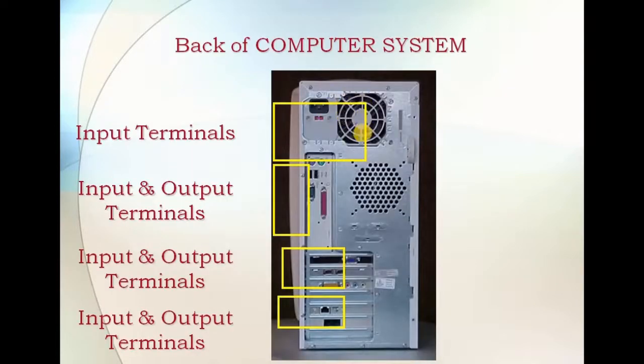so at the back of the computer, if you observe, we have these input output terminals. Basically these are present on the motherboard, but the motherboard is placed vertically now, because we have kept the CPU in the vertical way in the outer case. Here is the one where we get the power supply. From the main electric power supply, from the main switch, the power will come to this place, and from here we have something called SMPS, switch mode power supply, and through there the electricity will be passed to all the different components.